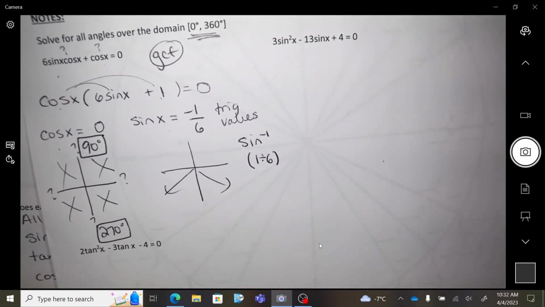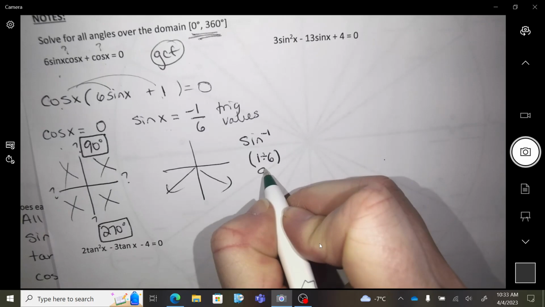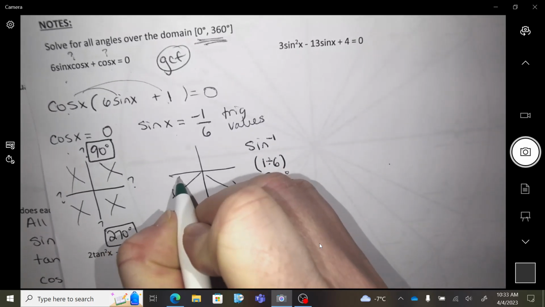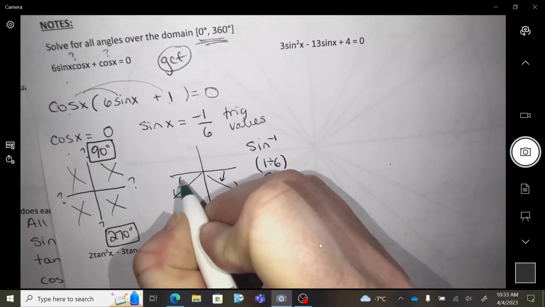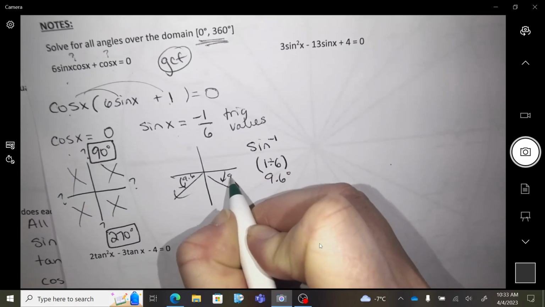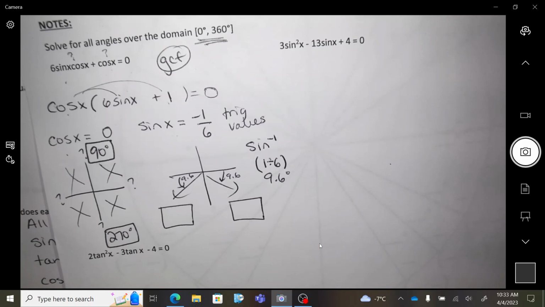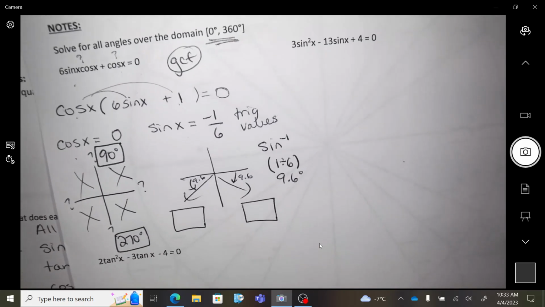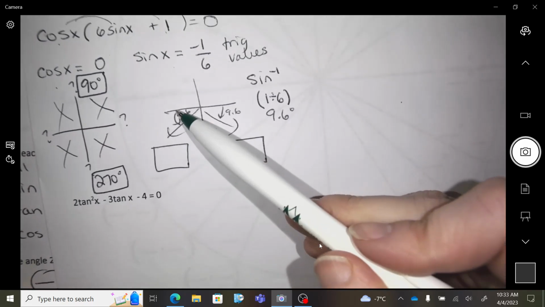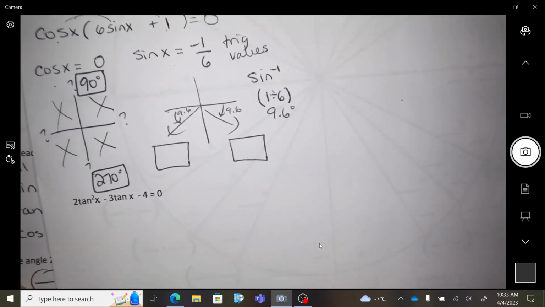Not the positive, or not the negative. Do not do the negative in it. The negative is in its location. Final answer, where are you? If you go 9.6 degrees off of that axis,